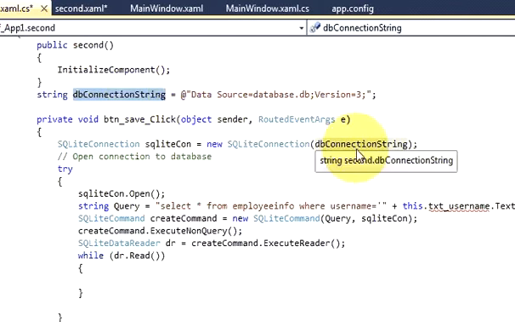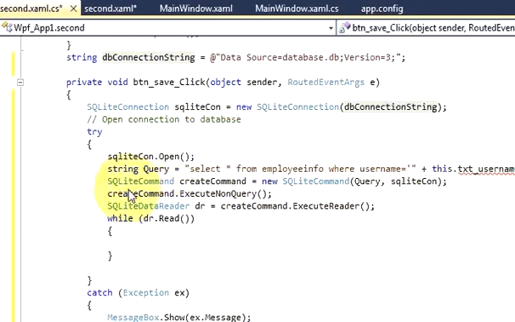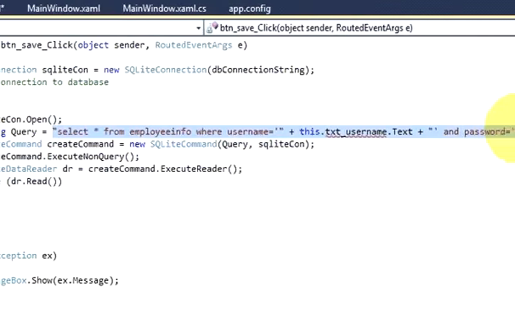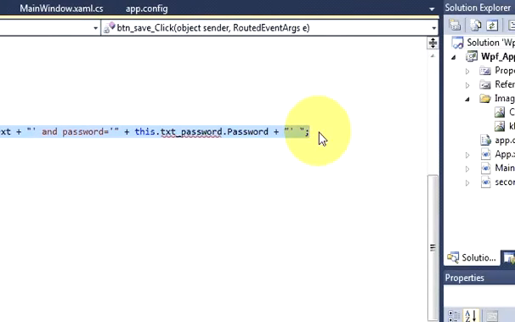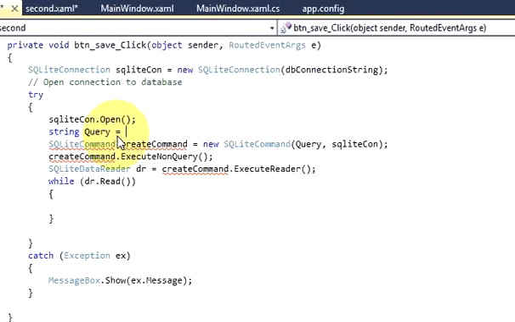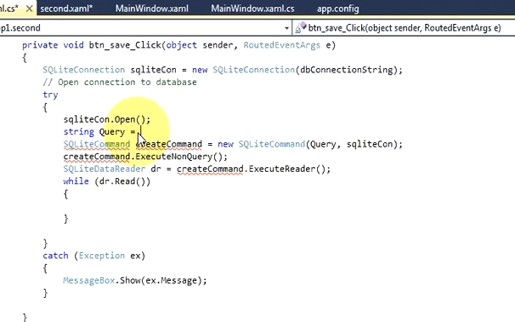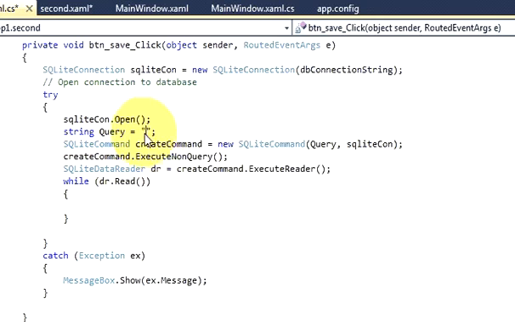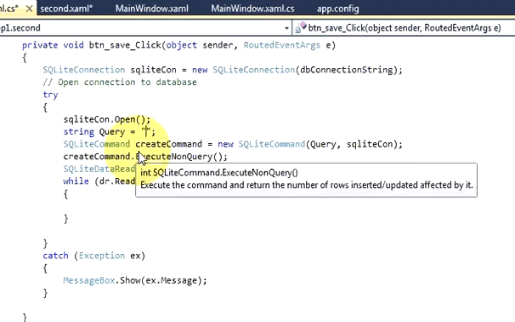So just copy it and paste it here, and here we are opening our connection, con.Open, and here we need to change this query. This time we want to save the data. So what we will write here, I will write double quote and then close first of all, and here I will write